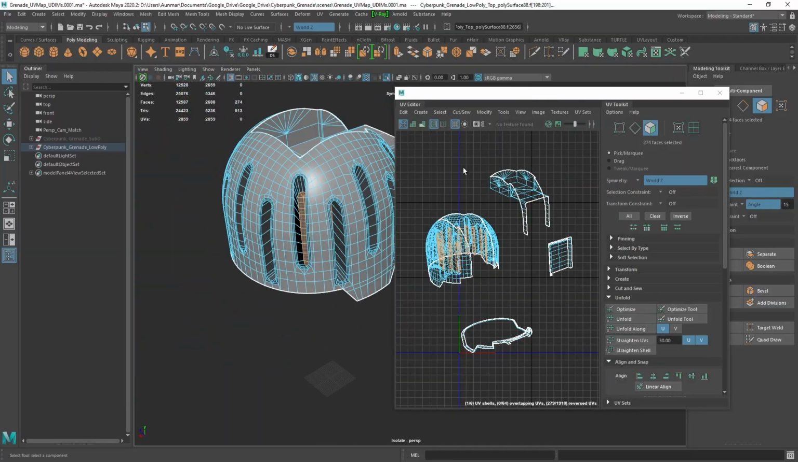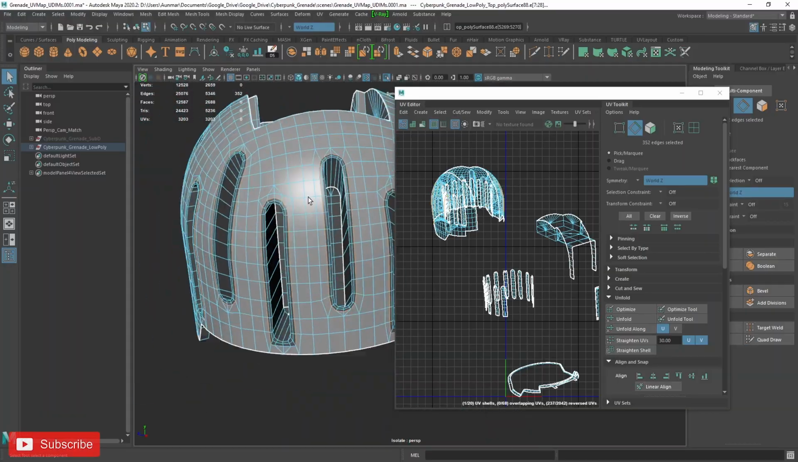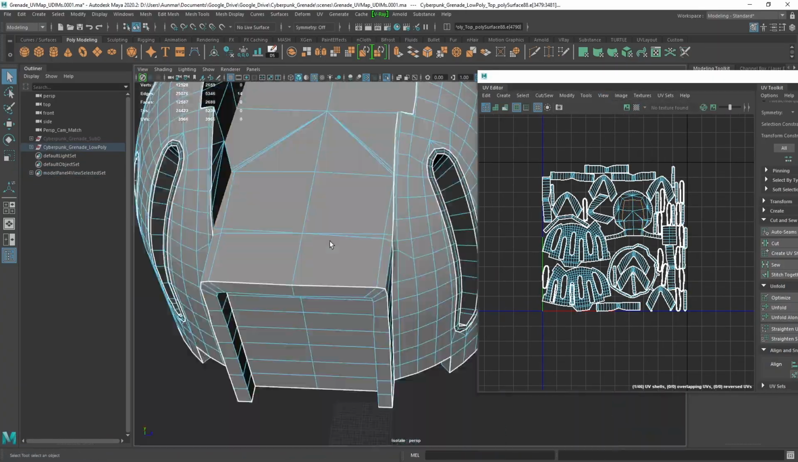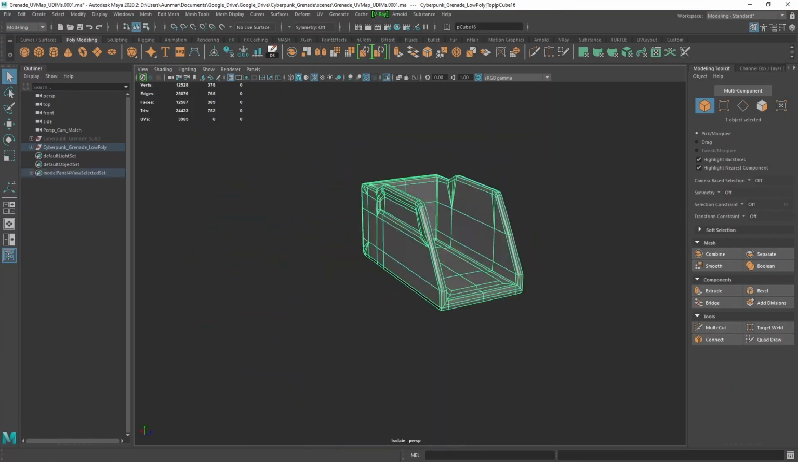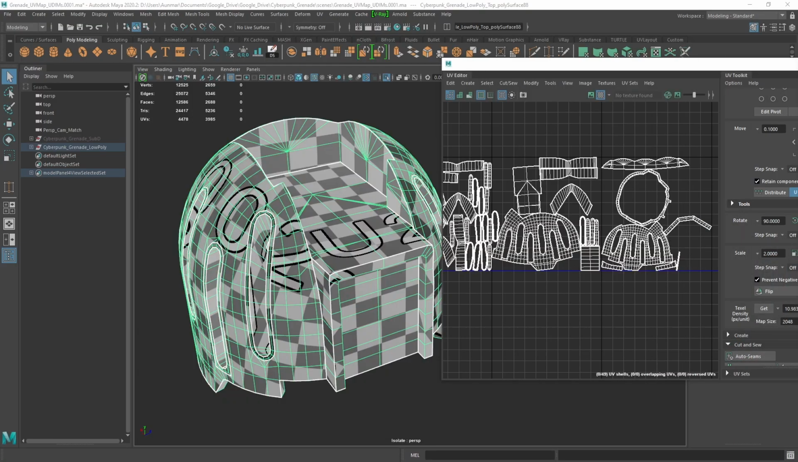Hey everyone, today we're going to cover the workflow for UV mapping complex objects in Maya. I will be using Maya for this demo, but the concepts and workflows discussed here can be applied to any 3D software. This video is part of a series on how to prepare real-time game-ready assets in a real production pipeline. This video is focused on how to UV map complex objects and how to quickly set up UDIMs in